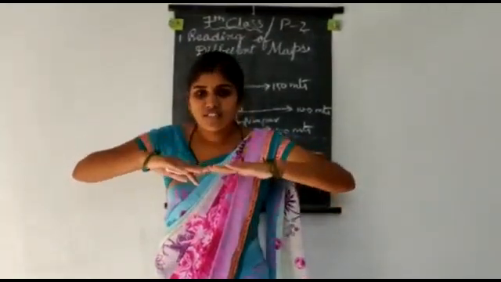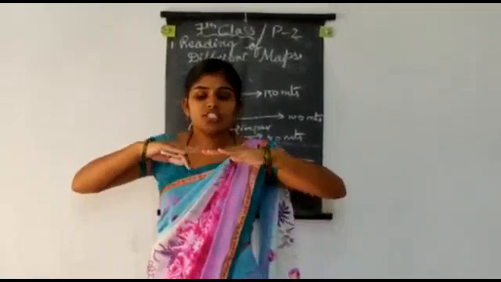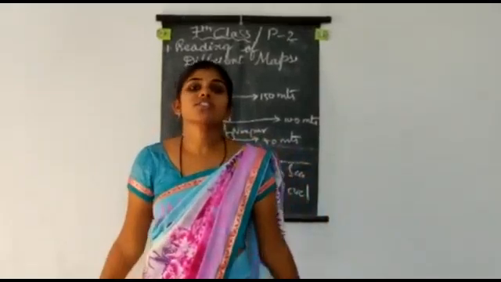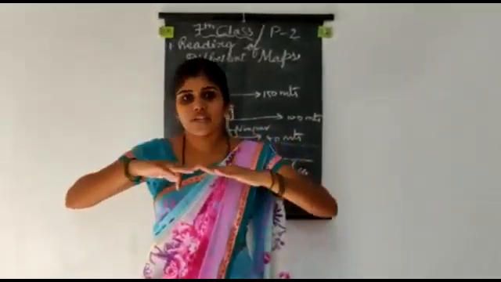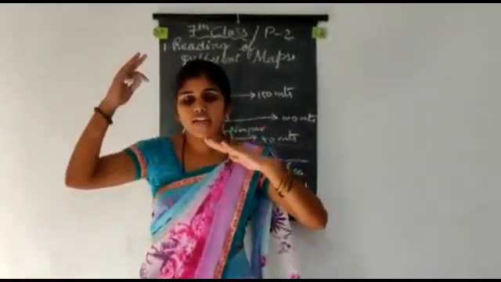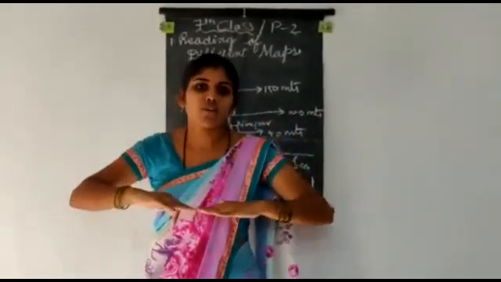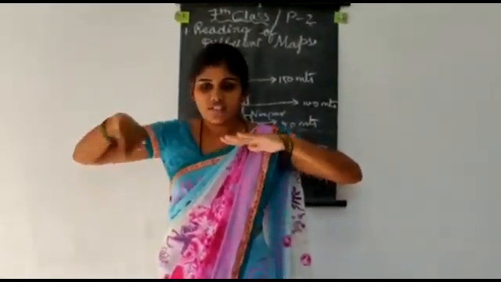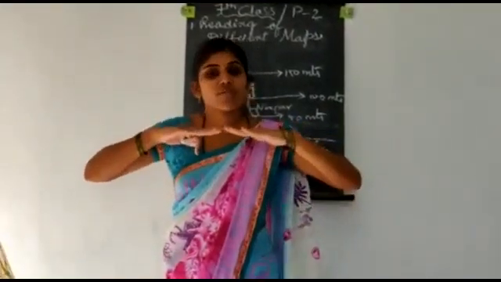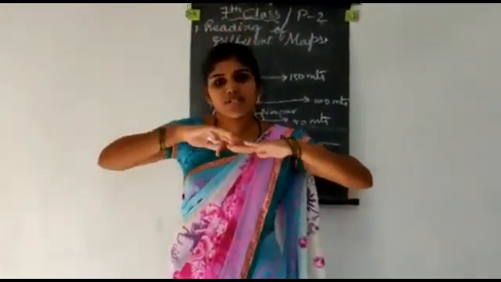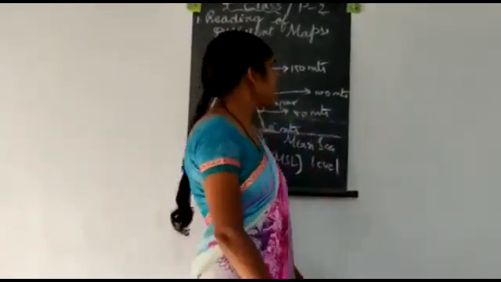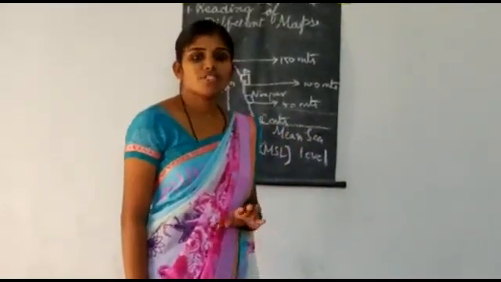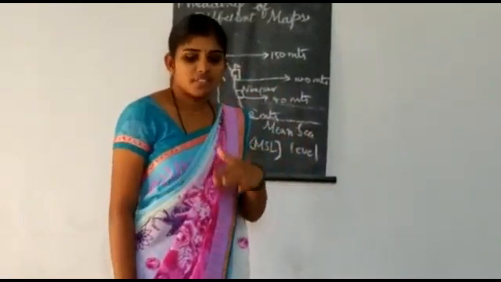Mean sea level means the level at which the ground level and the sea level are equal. All the oceans in the whole world are in the same range; one ocean is not high, one ocean is not low. All the oceans are equal. So that's why we are taking the average sea height. The sea level is equal to the ground level. That's why we are measuring from the sea level. So here, how are we measuring the mean sea level?